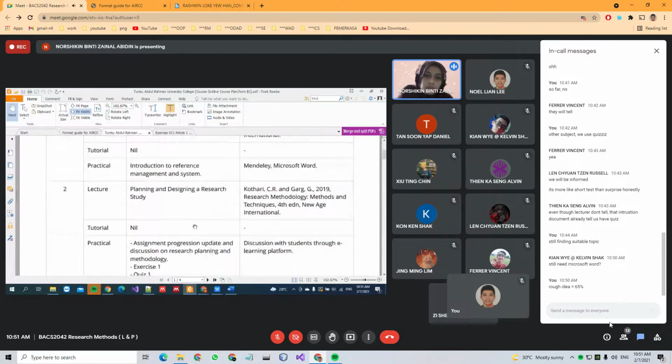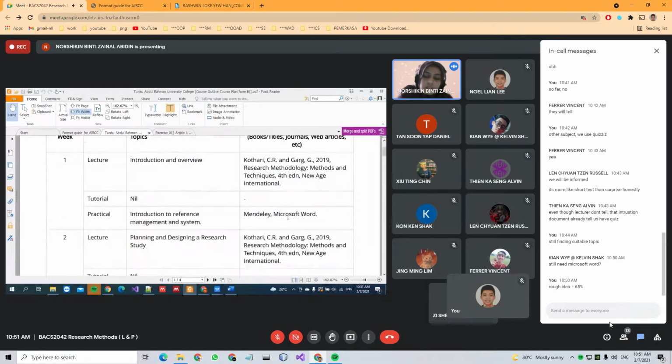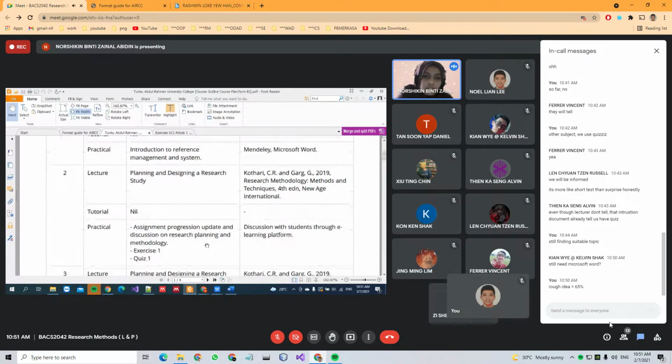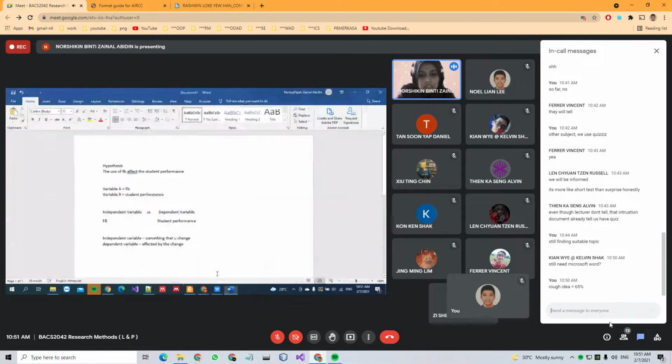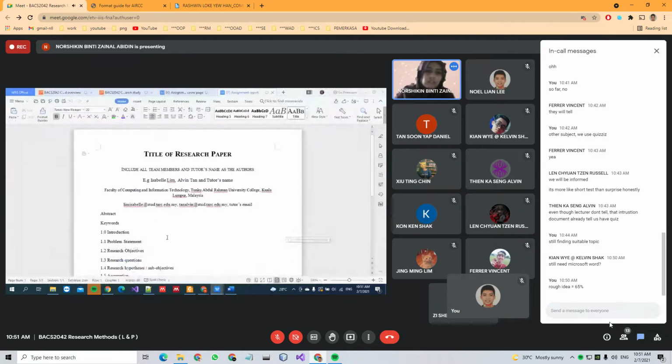Basically the purpose of last week's practical class was to teach you how to use Mendeley and Microsoft Word for writing your research. But I suggest you use the same tools, because you are working in a group, right? Sometimes even though you think this is easy to compile, because you're working with three members, if you're using different tools,